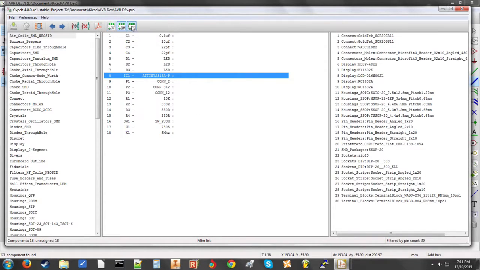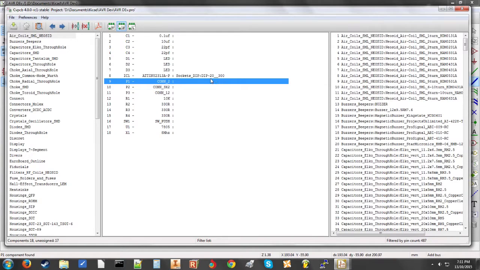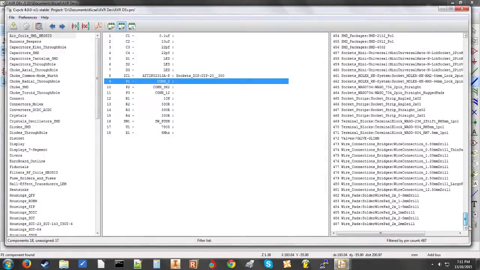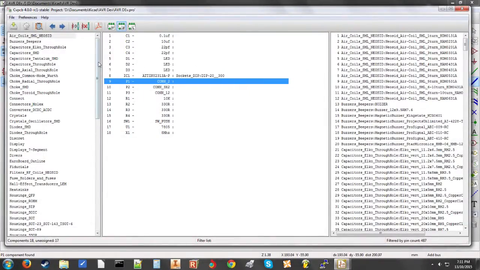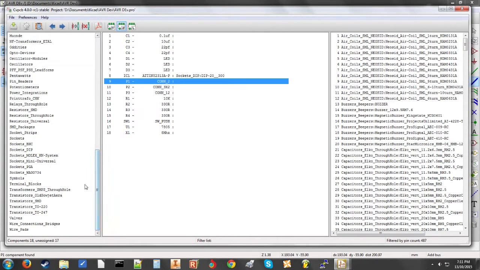You're going to use these three sorting buttons up here to help find your part. In this one, this is a 20 pin part, so we're going to sort by number of pins, and there we go, dual inline package 20. So just double click that and it'll fill that out. Now some of them, there's a lot more parts that have that many pins. So for this one, we're going to find the pin header library